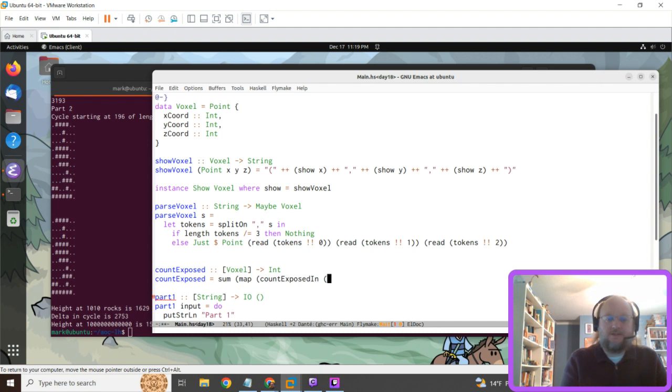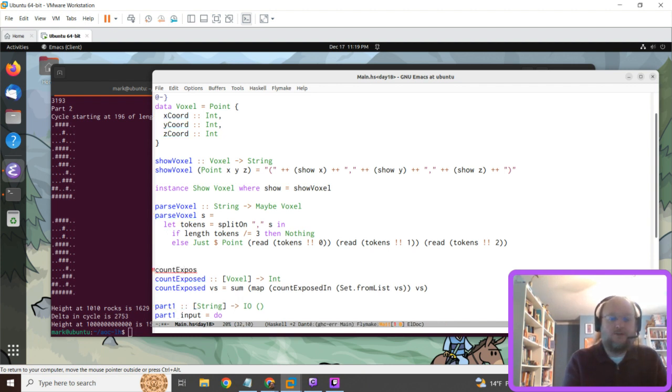So we're going to write a function that takes the set of voxels and counts the number of exposed edges on one of them. So Set.fromList. Our voxels go into the set, that goes into our function, we run it over the list again. Exposed in